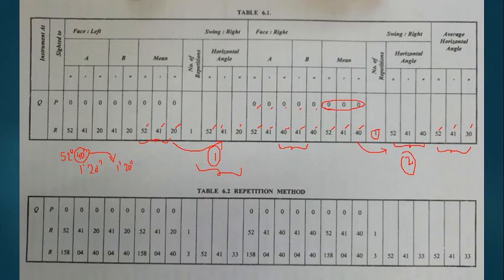So here what happens, with the face left we have arrived at one horizontal angle, and with the face right we have arrived at another horizontal angle, and the average of these two will be the final horizontal angle. So in order to measure one horizontal angle, we must calculate all these things, then only you will get the exact horizontal angle. And you can compare, it is less than the actual least count, because we are averaging, it is possible that half of the least count may be arrived.